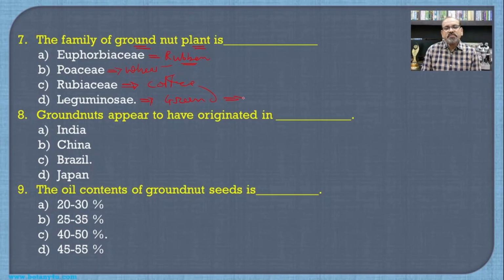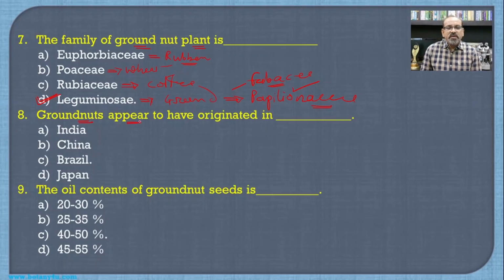If any specific type of the family is asked to you, then you can answer that it is a Papilionaceae. So Papilionaceae or Papilionidae you can remember. The Papilionidae is a subfamily and Papilionaceae is a name of the family. So there may be options with the Mimosaceae, Caesalpinaceae and Papilionaceae. In such condition you can give the answer that is a Papilionaceae. Otherwise we can give directly the Leguminosae, or even it is also known as the Fabaceae. So you can remember these three different names, that is the Leguminosae, Fabaceae and the Papilionaceae for the groundnut plant.